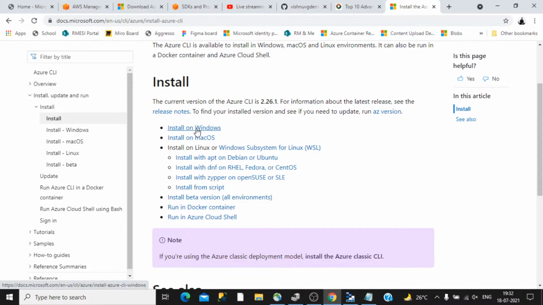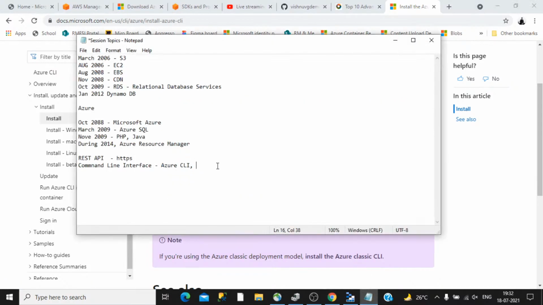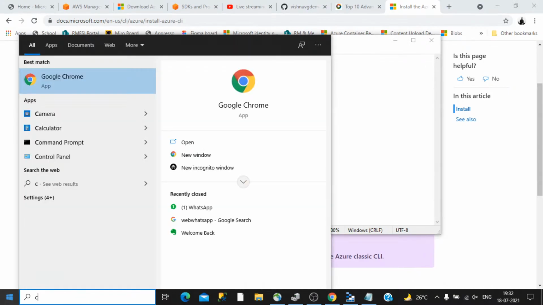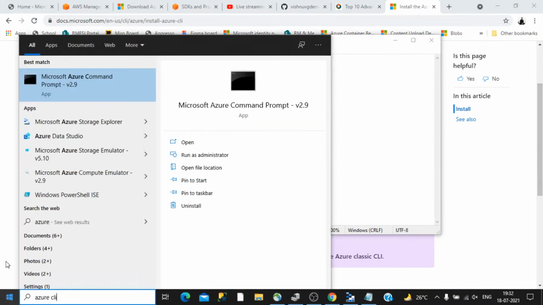Based on your operating system, you have to download and install any of these, and once you install, you can log in using the command az login. Maybe here it will be Azure CLI, yeah, this one.